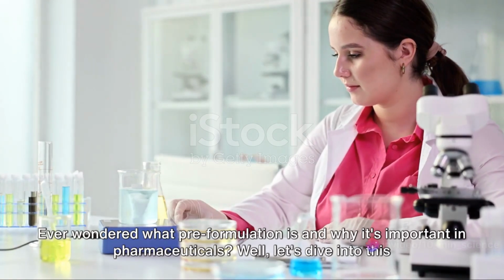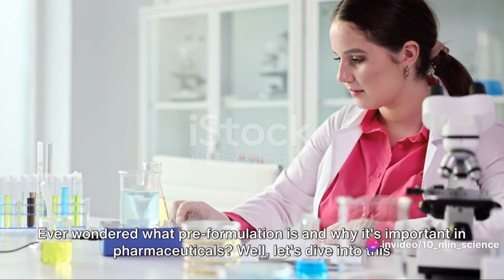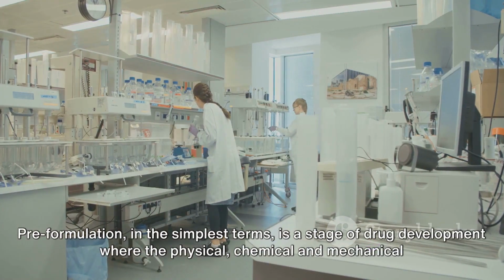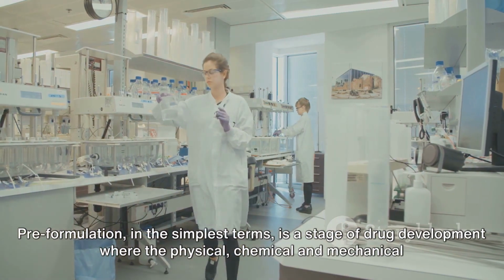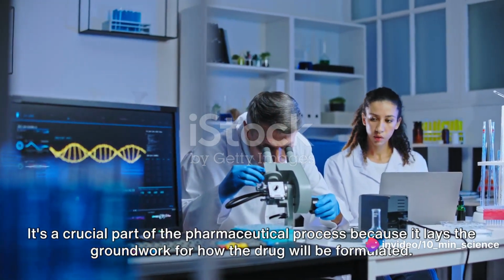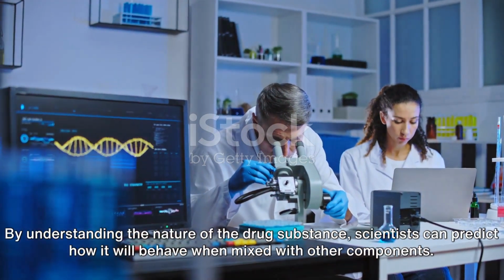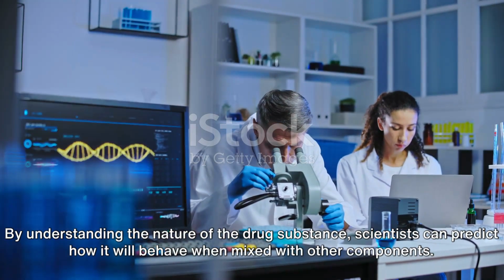Ever wondered what preformulation is and why it's important in pharmaceuticals? Well, let's dive into this intriguing topic. Preformulation, in the simplest terms, is a stage of drug development where the physical, chemical, and mechanical properties of a drug molecule are studied. It's a crucial part of the pharmaceutical process because it lays the groundwork for how the drug will be formulated. By understanding the nature of the drug substance, scientists can predict how it will behave when